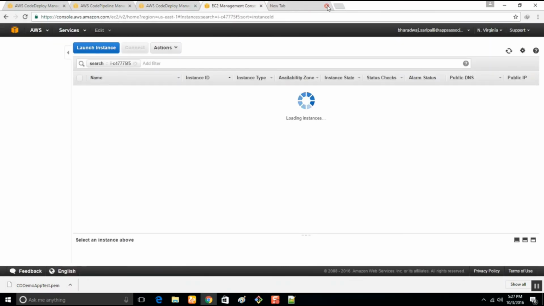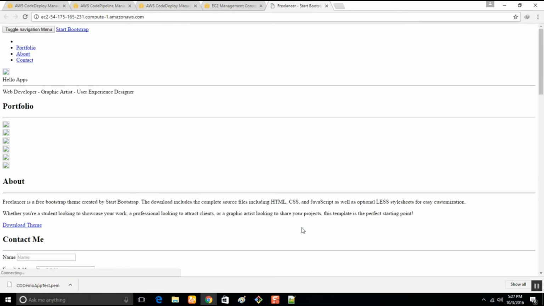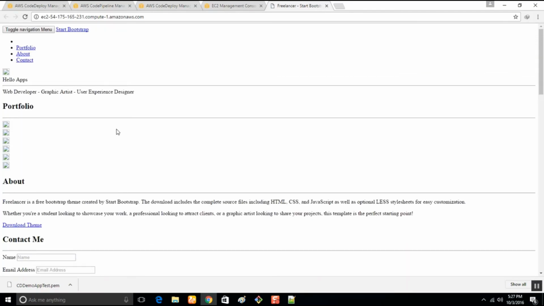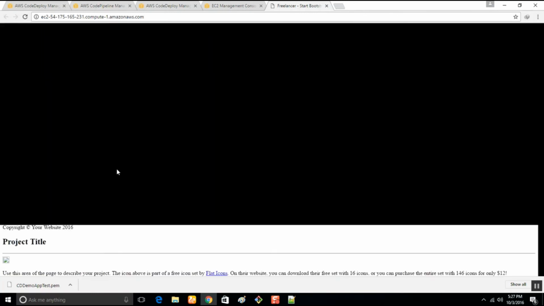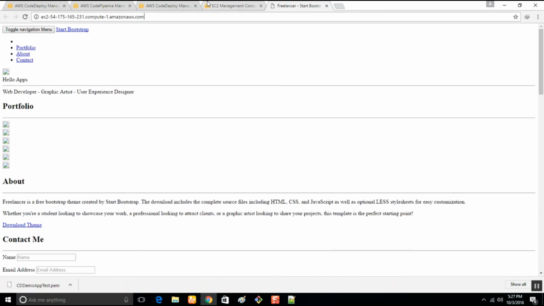Now let's click on one instance. Wow, great. Now we are able to see the website. The reason the other pages did not come up is I only sent HTML page out here, leaving the others behind. But the thing is, we are able to get it rolling. Now any changes that we make to